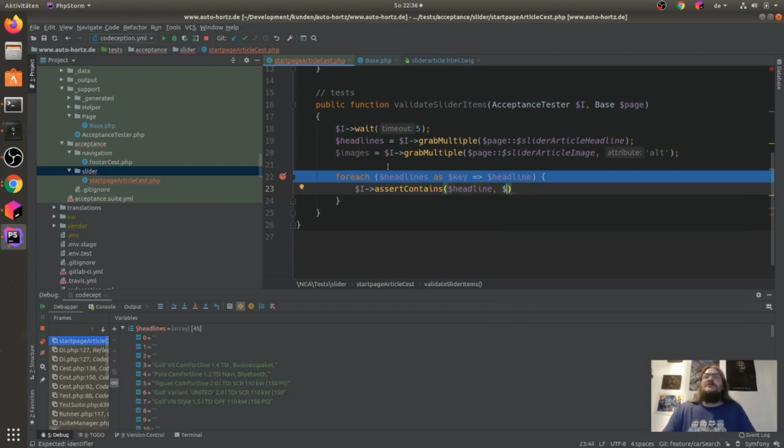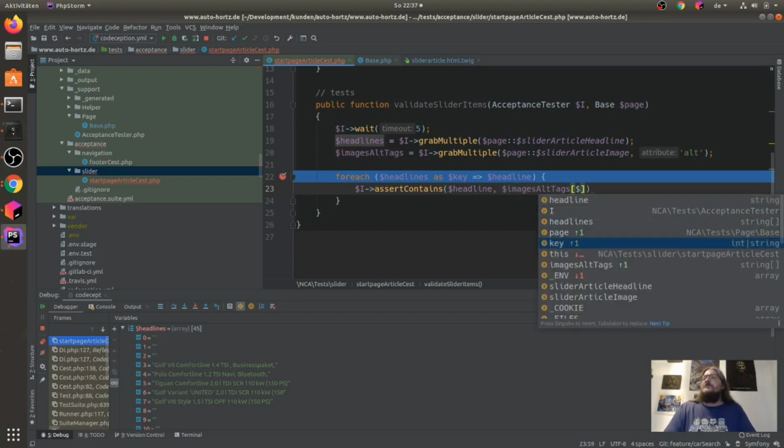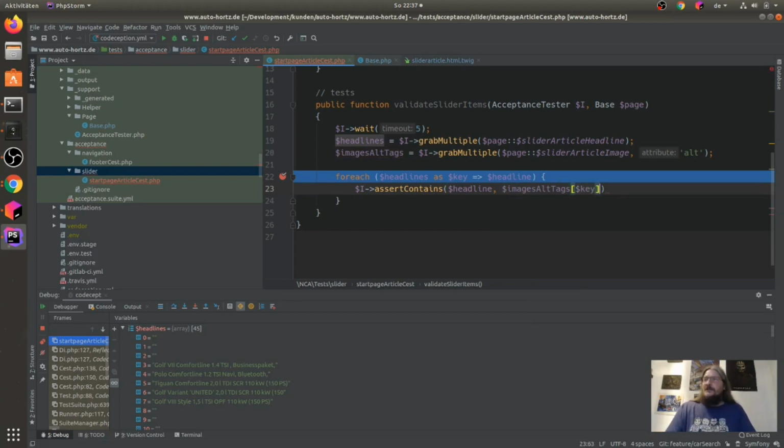It's not the image, it's the image's alt tags. Now I can say here it's $images alt tags, and can say, okay, $key here.